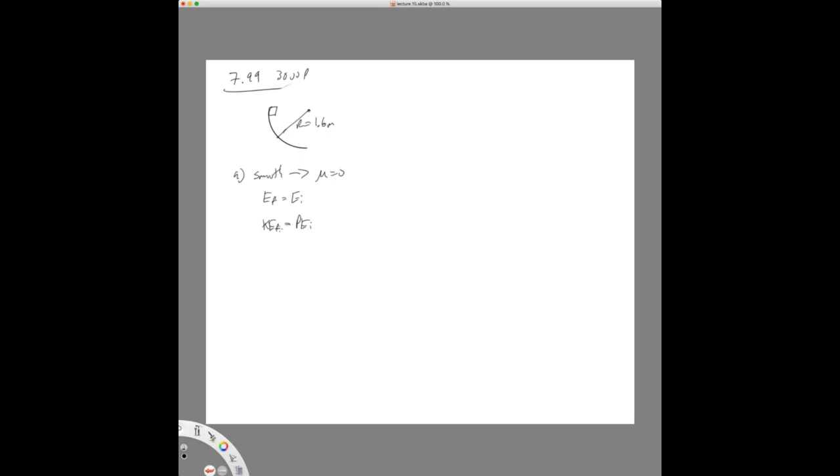So you can think conceptually that what's happening here is we start a block with some potential energy, and as it slides down, that potential energy is completely converted into kinetic energy. So we have 1/2 m v final squared equals m times g times y initial. And like happens very often here, the mass is going to cancel out, and v final is going to be equal to the square root of 2 times g times y initial, which in this case would be 2 times 9.8 times 1.6. So that's that same pattern we saw before, the square root of 2 times g times the initial height. And the number for that